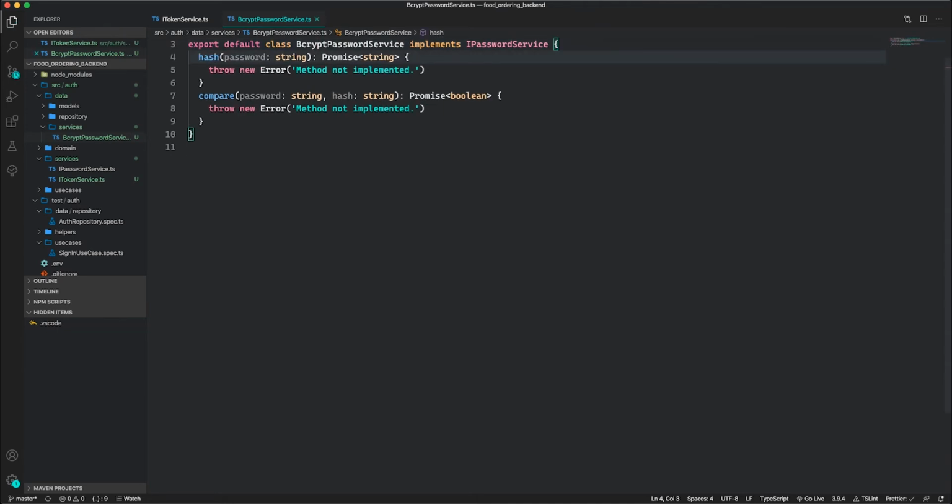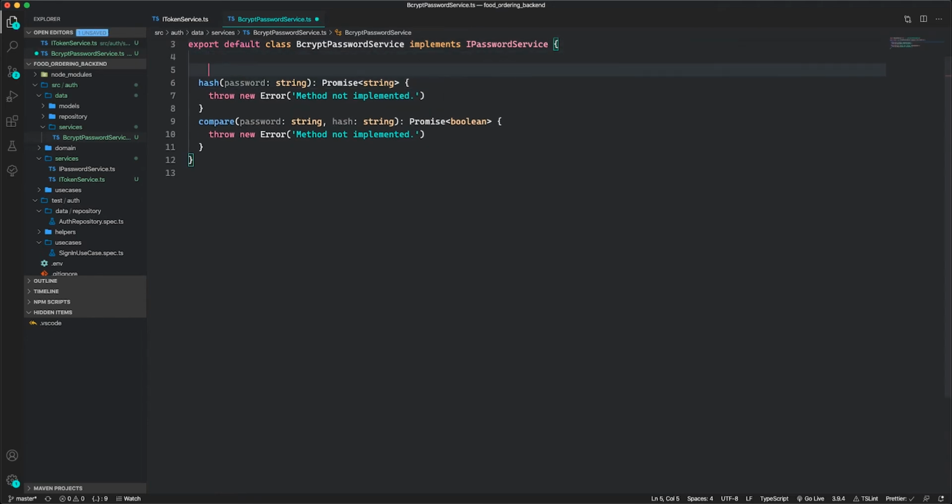So now for my constructor, I'm going to inject